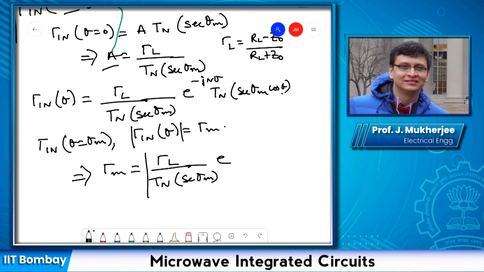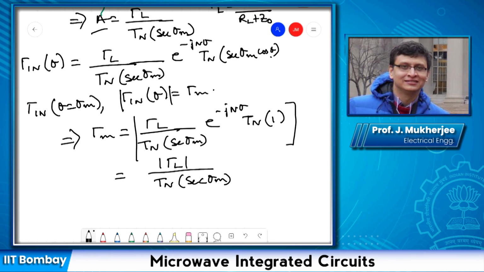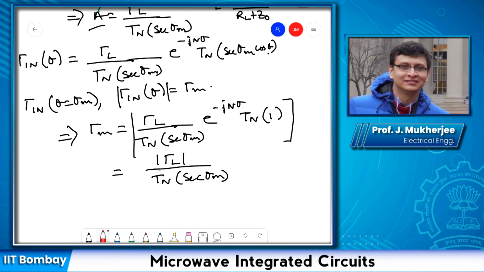Tn of 1 is equal to 1, so this is nothing but the modulus of gamma L upon Tn sec theta m. Now note that this quantity, Tn of sec theta m, is always positive